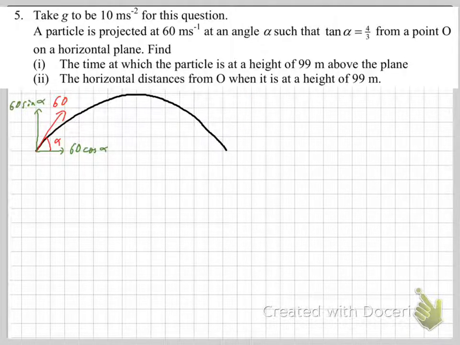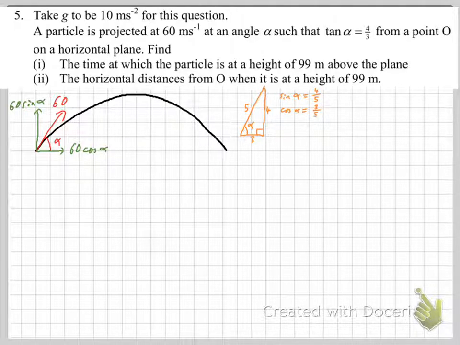Now, they have given us tan of alpha, not alpha. But rather than grabbing a calculator and working out what alpha is, we don't actually need to know what alpha is. We just need to know sine alpha and cos alpha. You can work those out by quickly sketching a right angled triangle, labelling one of the angles alpha, and then tan alpha is 4 over 3, so opposite must be 4 and adjacent must be 3. And therefore Pythagoras gives us the hypotenuse. It's a classic 3, 4, 5 triangle as it turns out, and therefore sine alpha is 4/5 and cos alpha